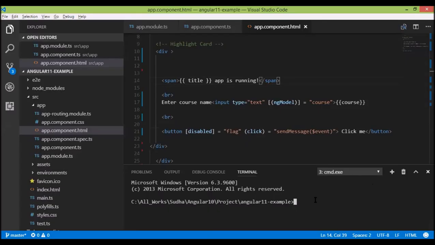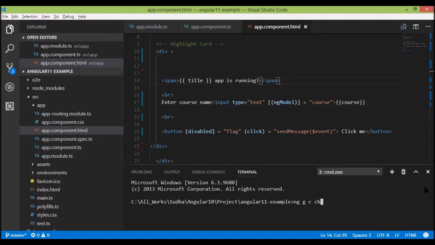So how do we do this? To create the component, this is the command: ng generate. We can even write ng g. If we don't want to write generate, we can write just g. And then I'll write component, child component. So it will generate a component called child component. If I don't want to write generate, I can write g. If I don't want to write component, I can write only c. So I can write it like this also.